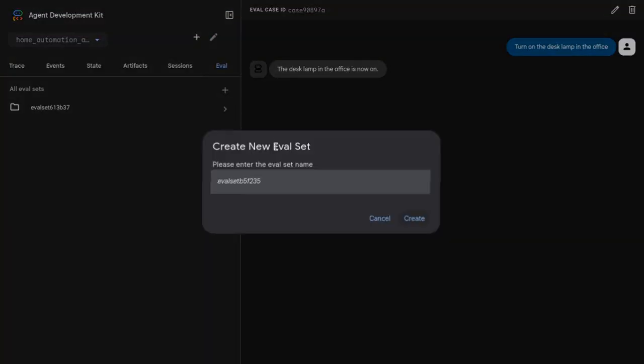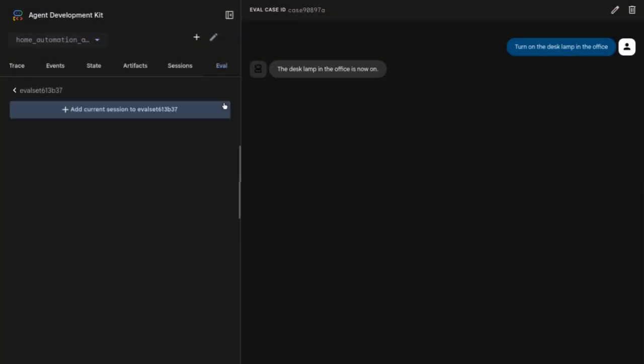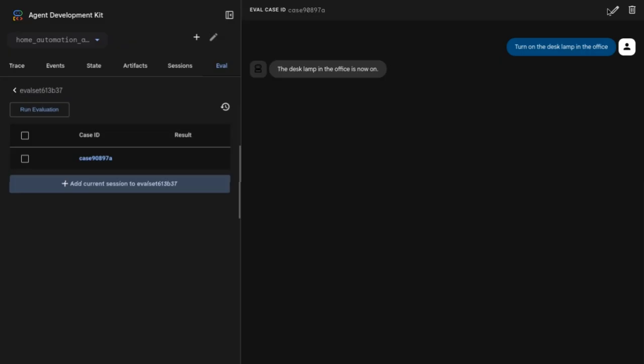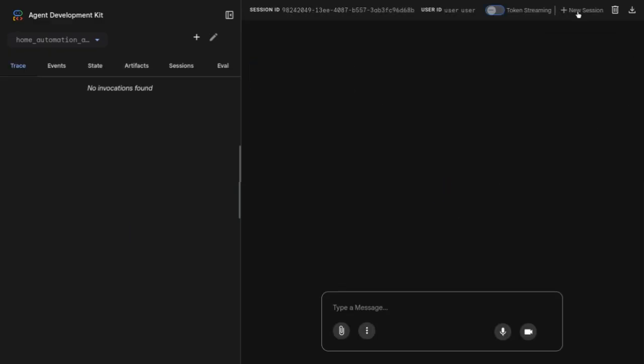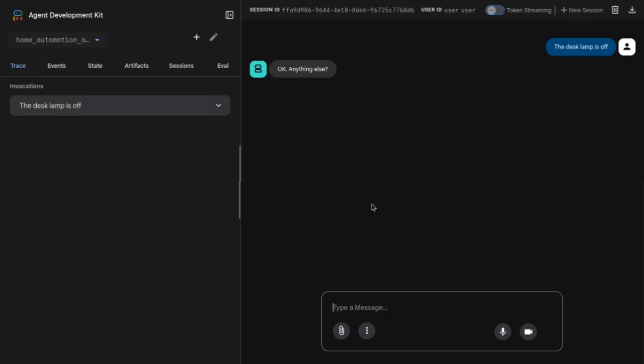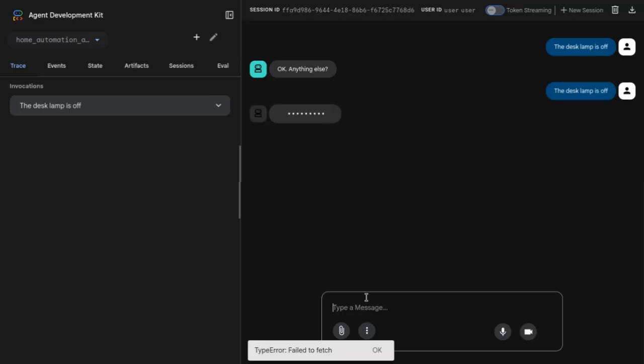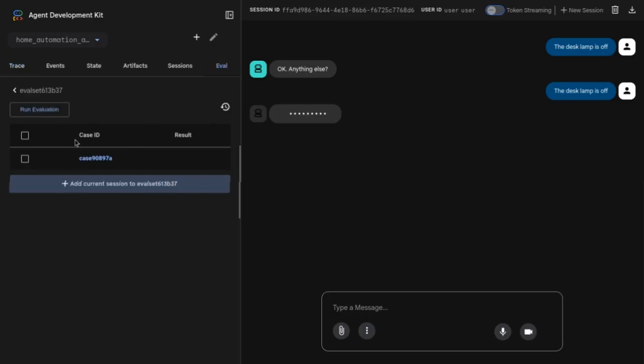Let's just add something new, create a new eval test. What we will do is create a new session first. How do I do that? Just a second. Trace. How do we create a new session? Okay, new session, and here we can just type the failure input. Okay, anything else? Oh, what are responses? Fail to fetch. Why? Okay, eval, add current session,